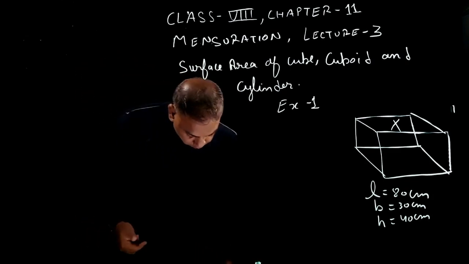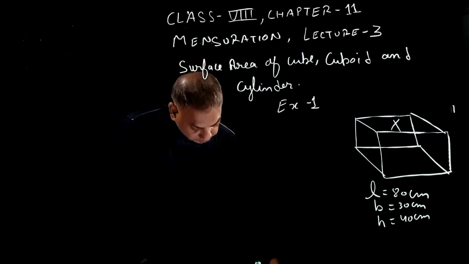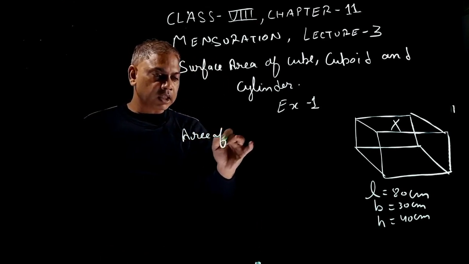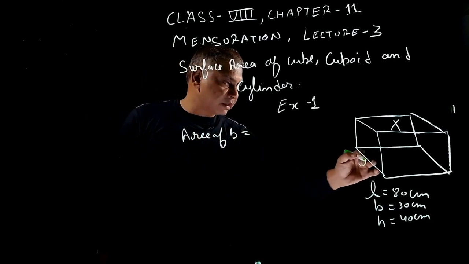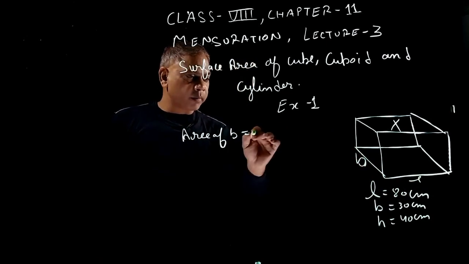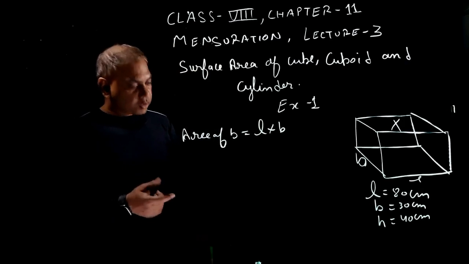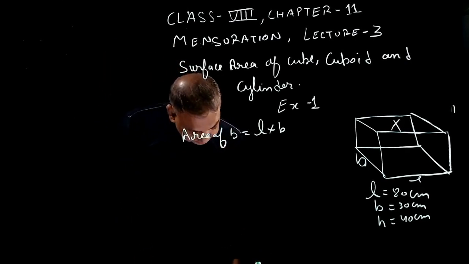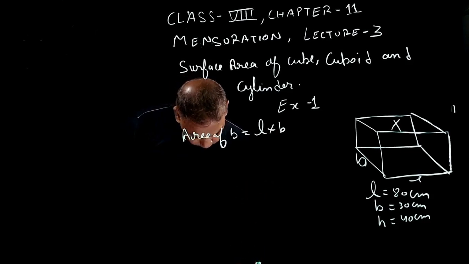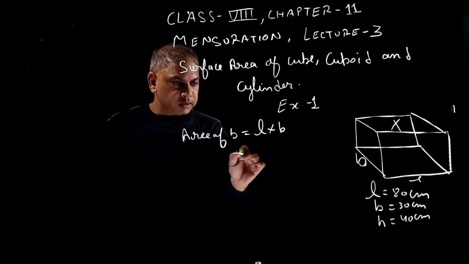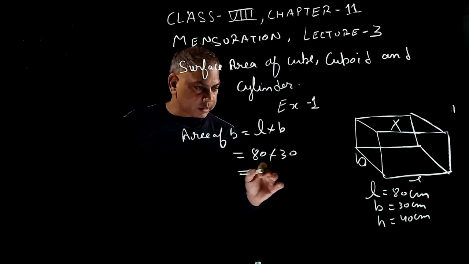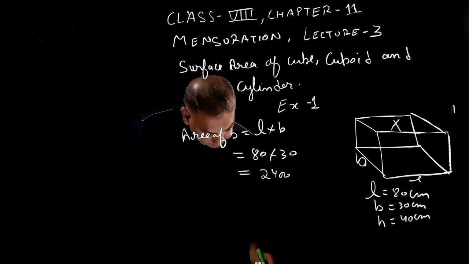Okay, so good. The length of the aquarium is 80, then breadth and height. So first we will find out the area of the base. Area of the base is equal to base, this is length and this is breadth. Rectangular form है बेटा, तो L into B हो जाएगा. Area of the base is equal to L into B. कितना है बेटे? Is equal to 80 into 30, that is 8 3s are 24, 2400 centimeter square.